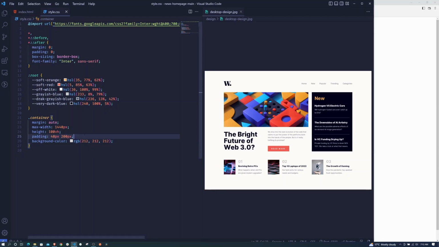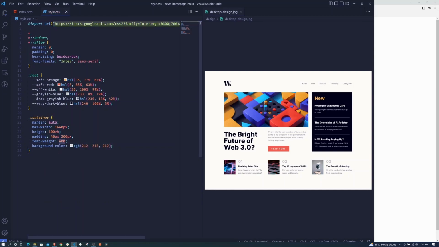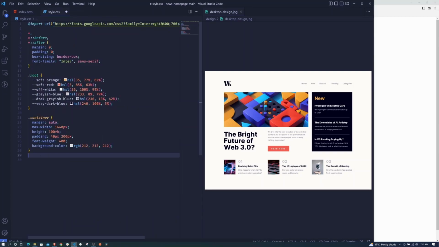Let's add a font to it for everything. By default we will have a font weight of 400, which we imported on our font here, and then we need to start styling our nav here. So when we look at the nav, this is the nav, we have two things. We have the logo and the links. To place them side by side, I'll make use of Flexbox. So right here, let's just select the nav, and we will add the display of flex,